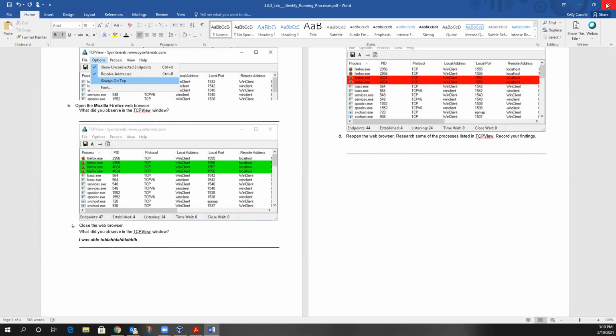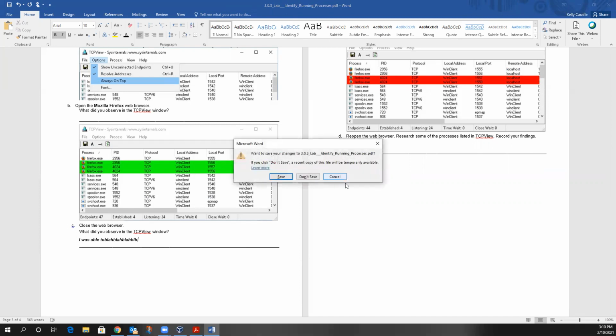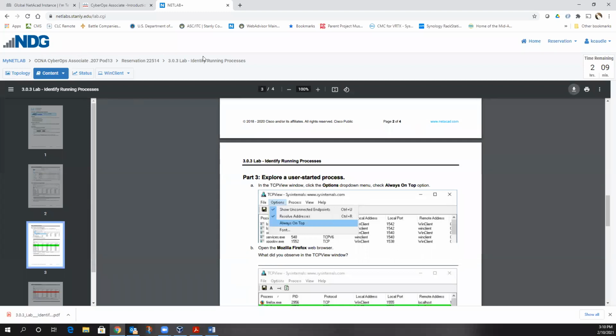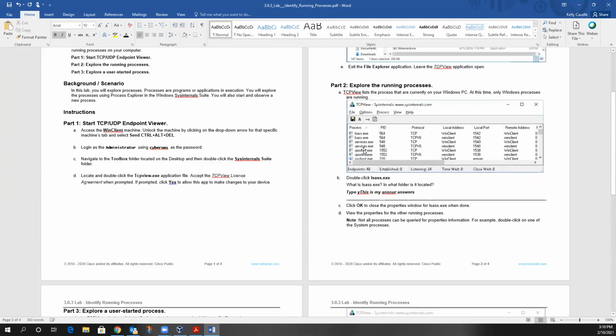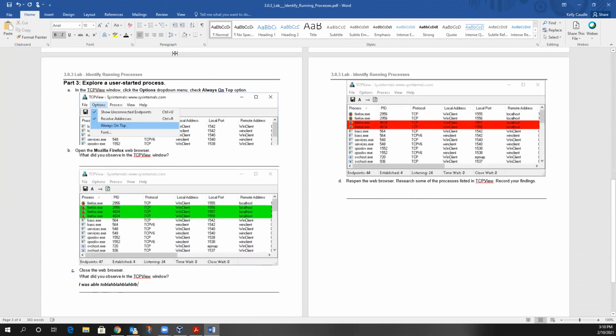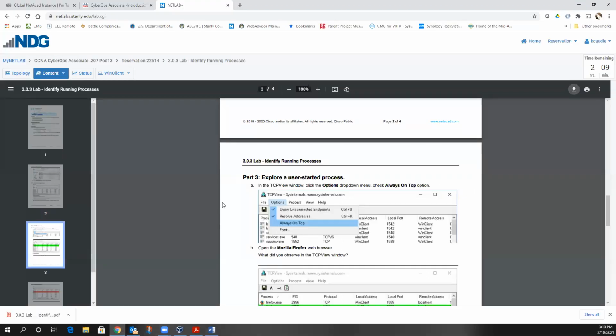Does that make sense? So yes. Download the document from inside of your lab reservation. Okay. And then just open it in Word, fill out any answers that you need to as you're doing the labs, and then upload it. And that is if you're using our Netlabs system to do the labs,